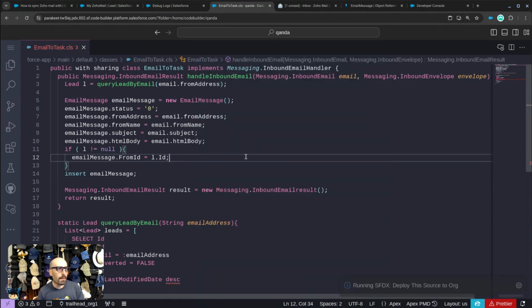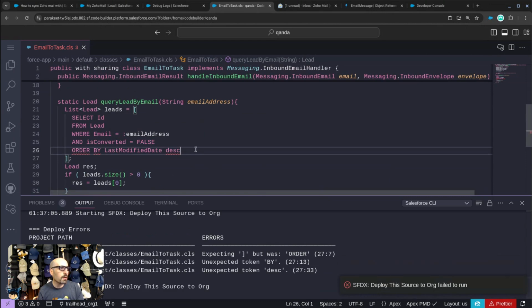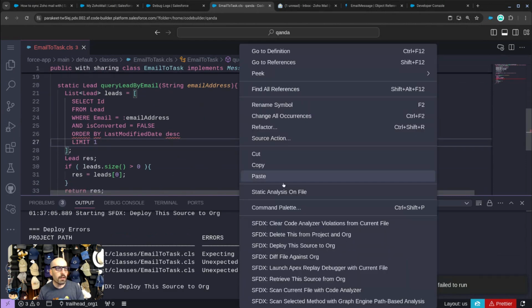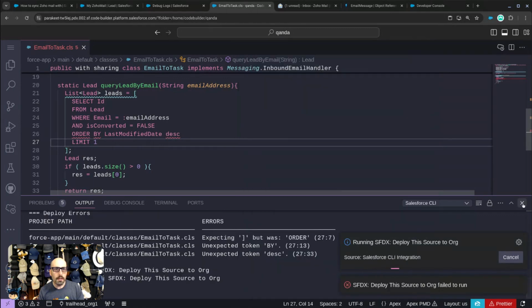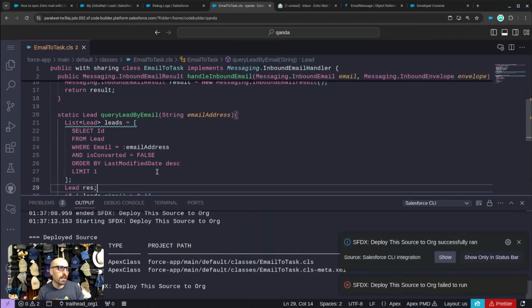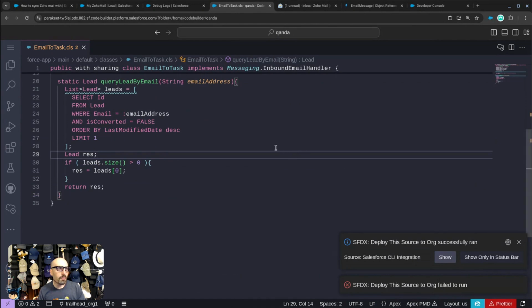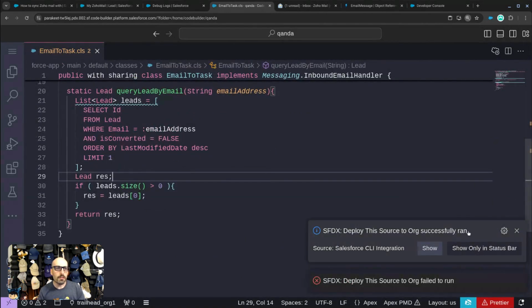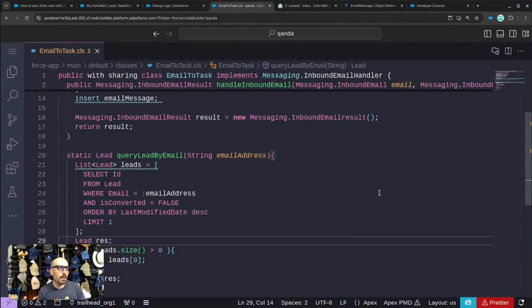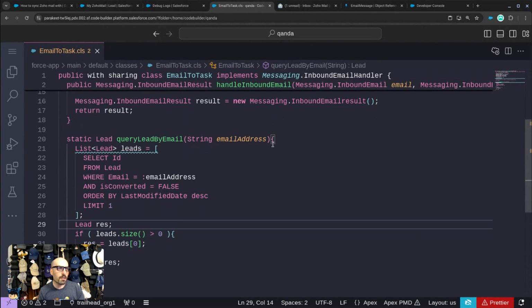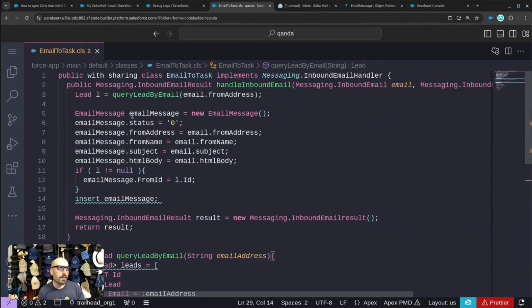Okay, and let's deploy that. Looks like I might have an error there. Limit should go last. Someone at home was probably laughing at me. Sorry, long day. Okay, this is starting to look good. Let me zoom in so you guys can see that. So I have this little helper method. It's just doing a query by email address. I have here constructing an email message. That looks good too. Yes, I can clean this up and follow best practices, but we're just trying to see,